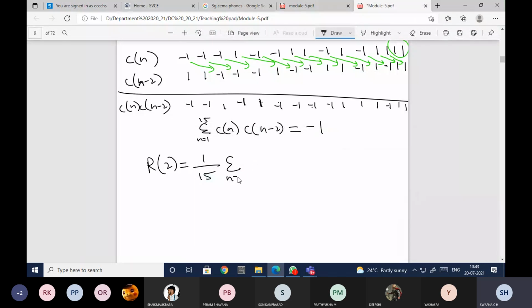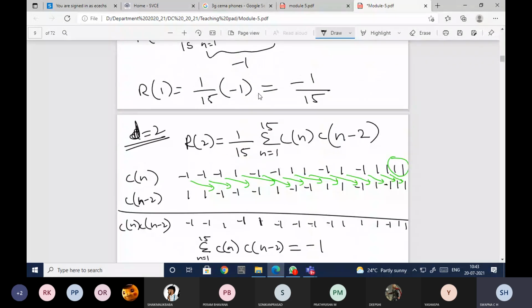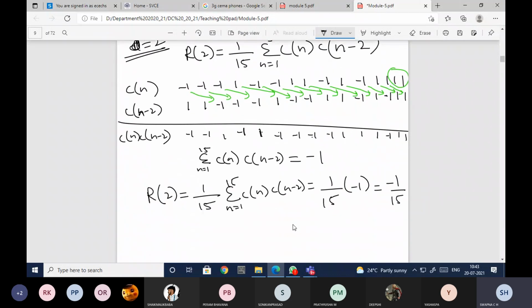Summation n equal to 1 to 15, C of n into C of n minus 2 will be equal to 1 by 15 into minus 1, that is minus 1 by 15. If you observe, R of 1 also I got minus 1 by 15, R of 2 also is minus 1 by 15.